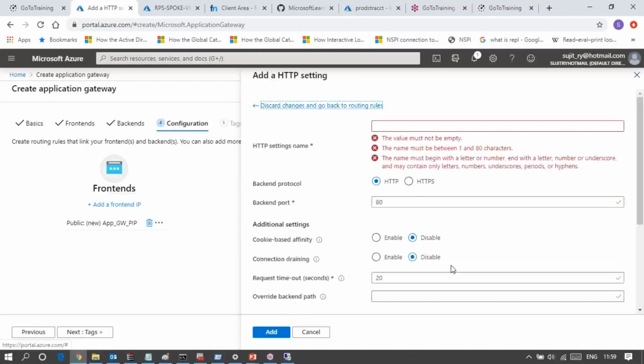Okay, so what I can do, go back to that. Discard the changes and go back to the routing rules.